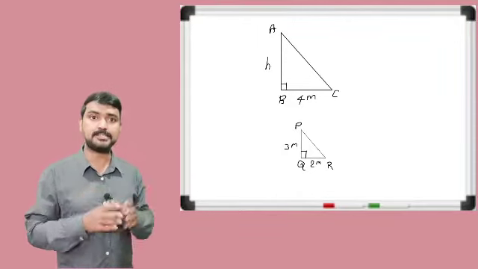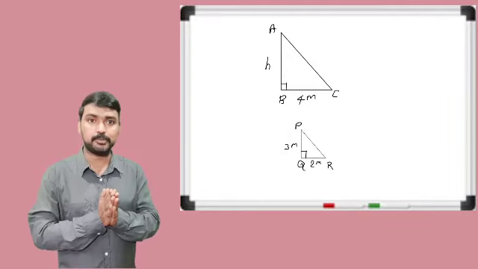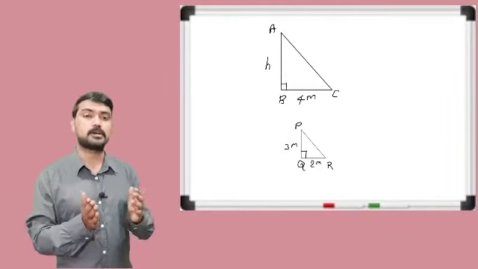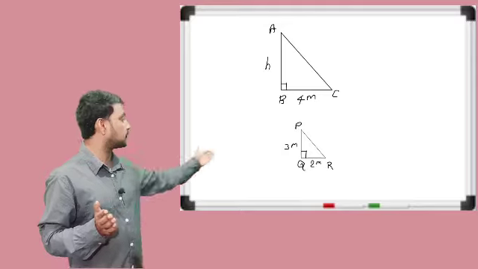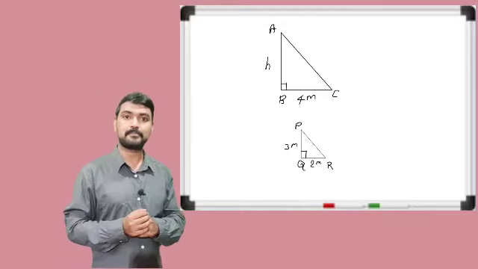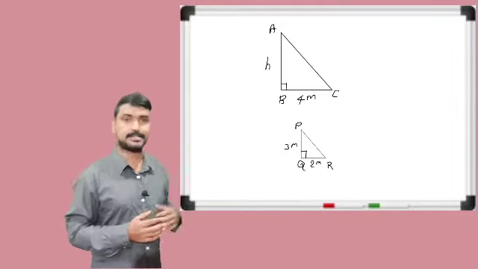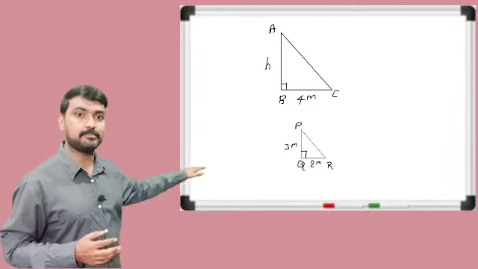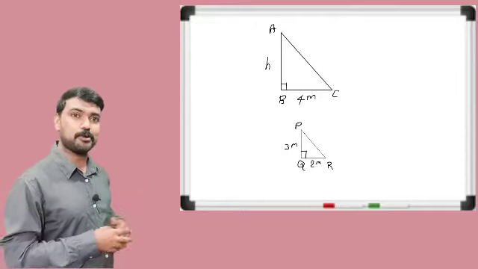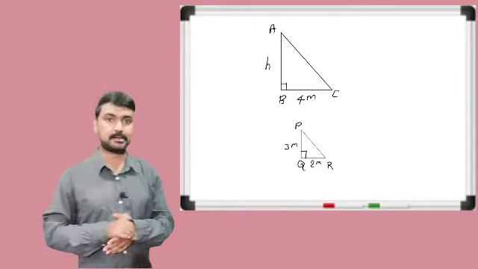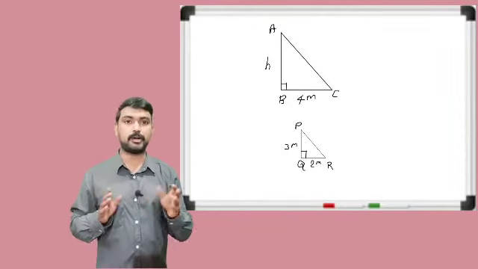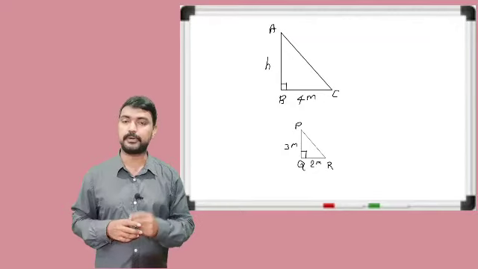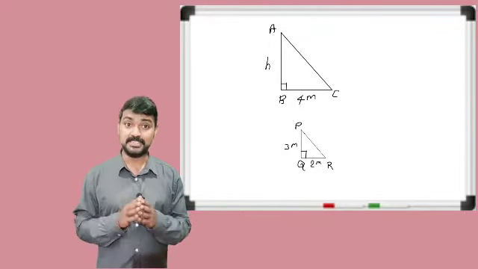To apply the AA similarity rule, two angles must be equal. CS Dev said, yes, here one angle is 90 degree, and there also one angle is 90 degree. How is it? Yes, the line is standing vertically on the plane, so the vertical line makes an angle of 90 degree with the horizontal line. Yes, it is correct. Then Fatima said, then only one pair of angles is equal, we require two pairs.